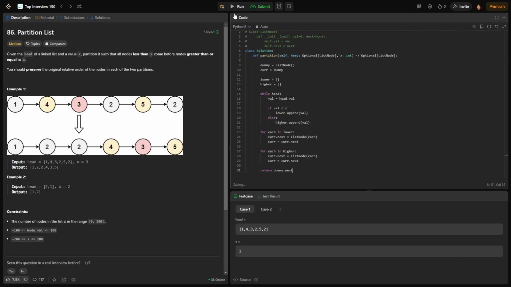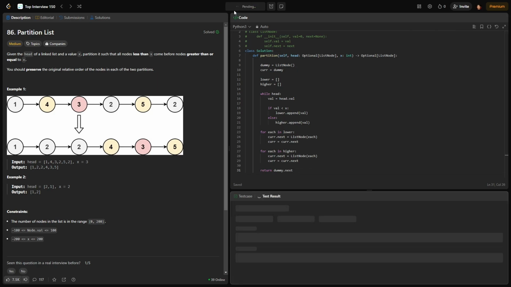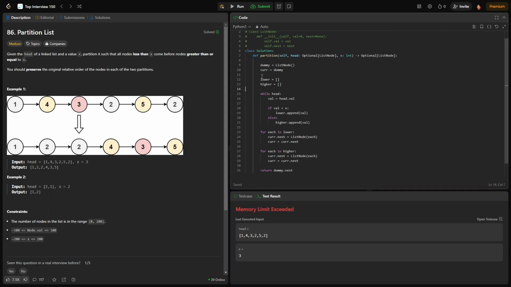Let me run the code. I hope there are no spelling errors. It's taking time. Not sure why. Memory limit exceeded. Let me check what's happening out here. Yeah, I forgot to add a very small thing that I missed,